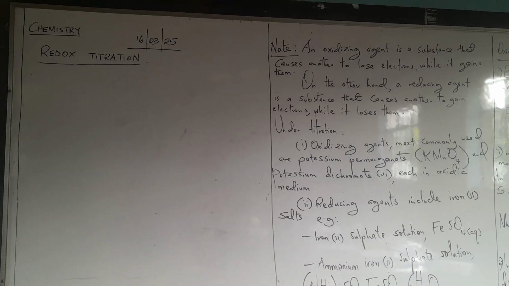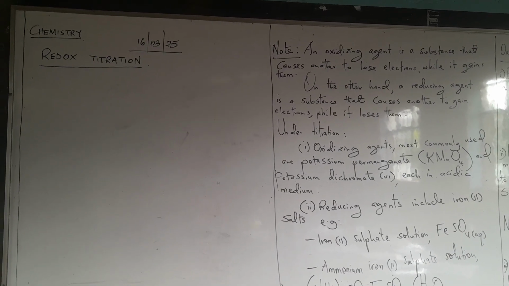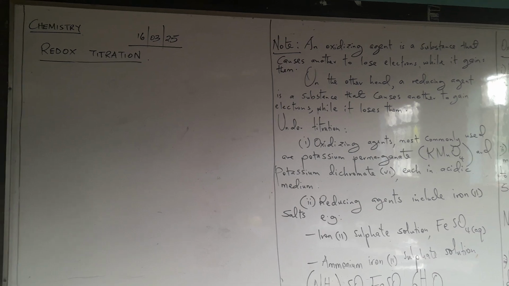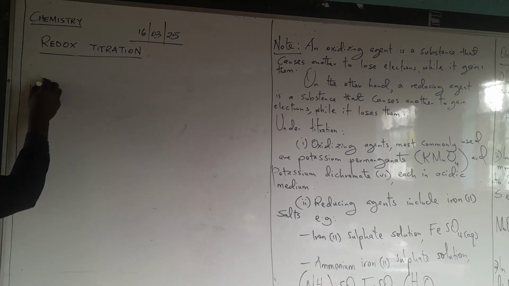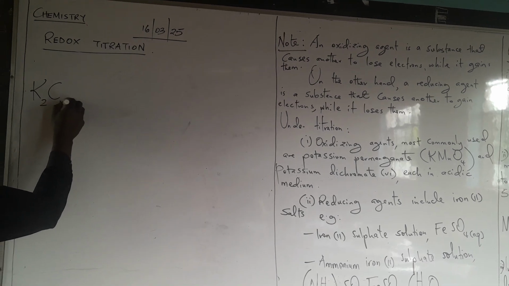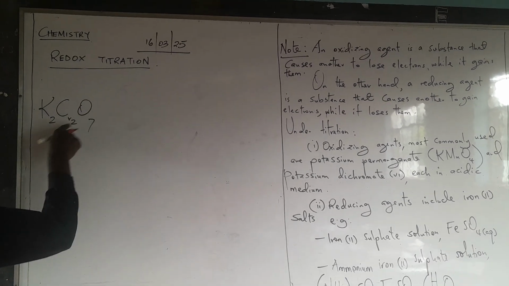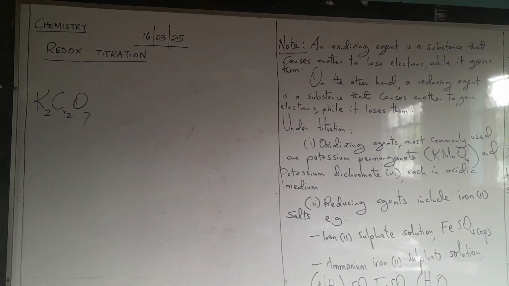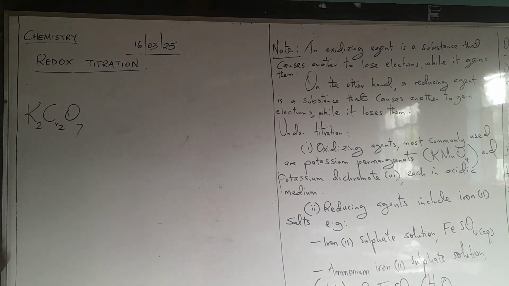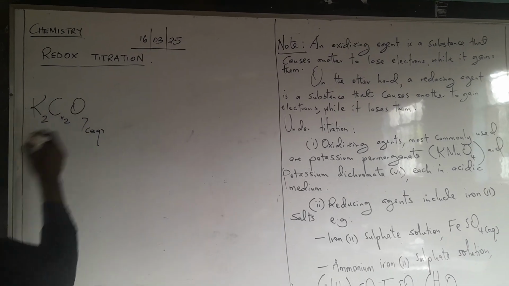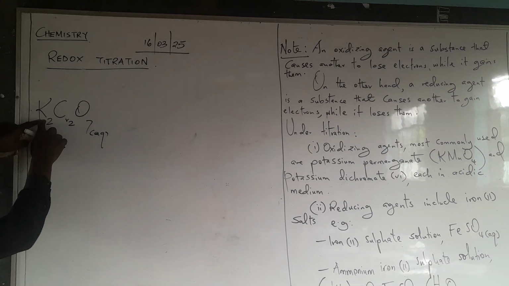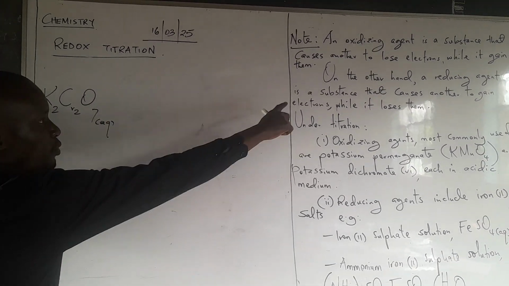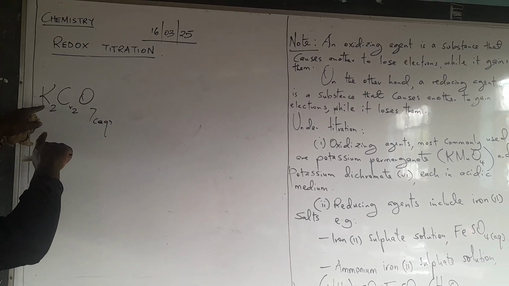I want to show you how dichromate 6 ion is converted to chromium 3 ion. This compound here is called potassium dichromate 6. When it is acidified, it will be in solution. Are we together? Yes. Now, when you write a full equation, potassium ions are going to appear